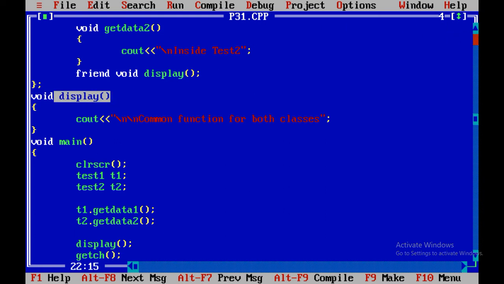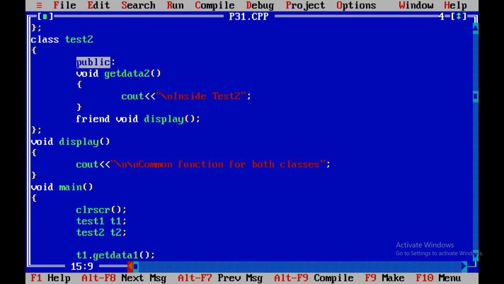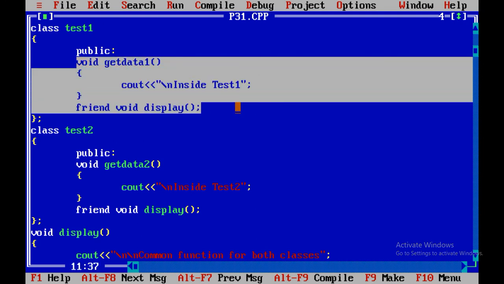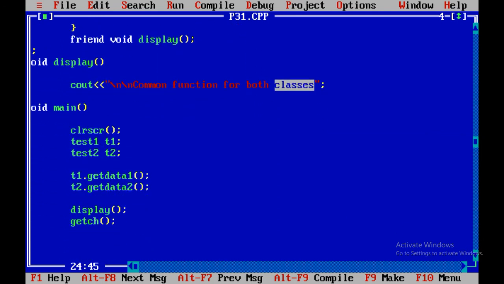Remember one thing: display is declared as a friend, so you cannot call it with the help of the test1 class or the test2 class, because it is not the personal property of t1 or t2.